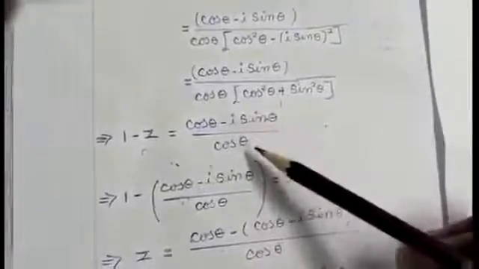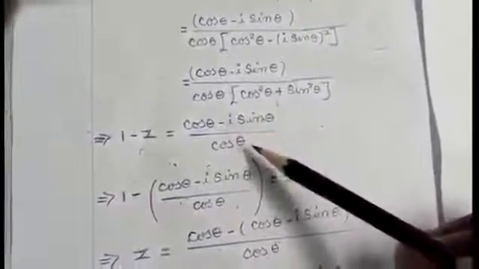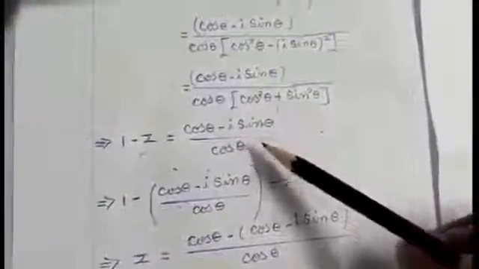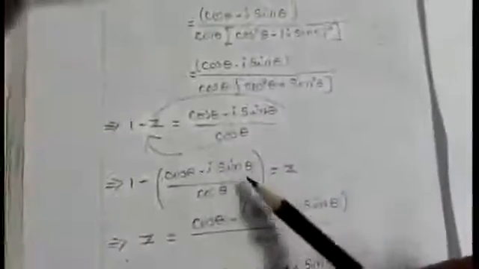So what is the answer I should bring here? z equals i tan theta. What I am going to do is bring this z to my right hand side, and this term I am shifting to my left hand side. Just interchange and write, you will get this step. That is z equals